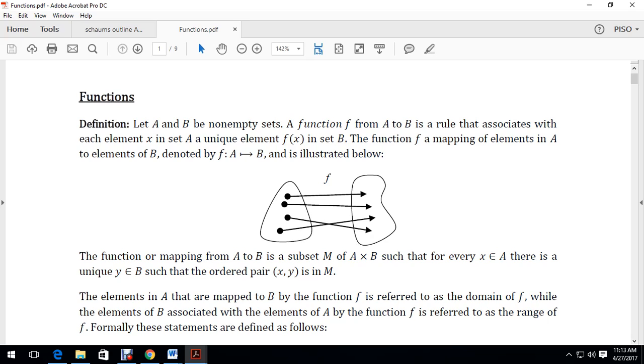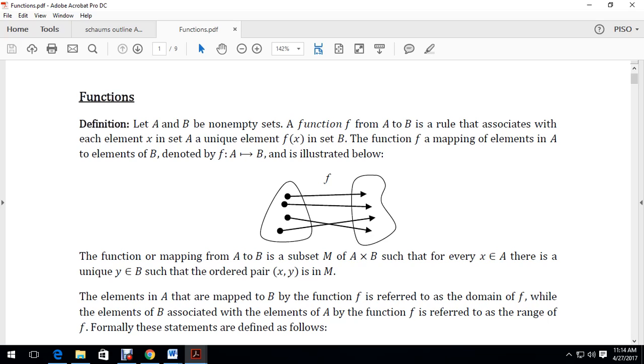Okay, so to start off, let's define two sets, sets A and B, and these sets have to be non-empty sets. So looking at this illustration, suppose this figure here represents our set A, and the dots here represent the elements of set A, and the second figure here represents our set B, and both of these two are required to be non-empty sets.